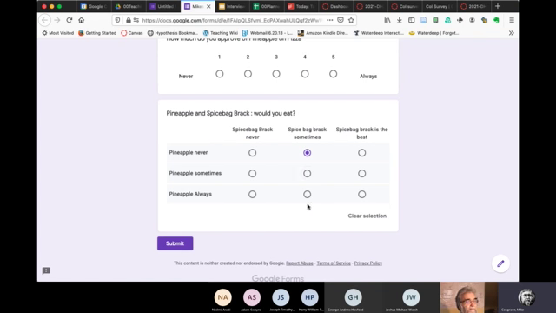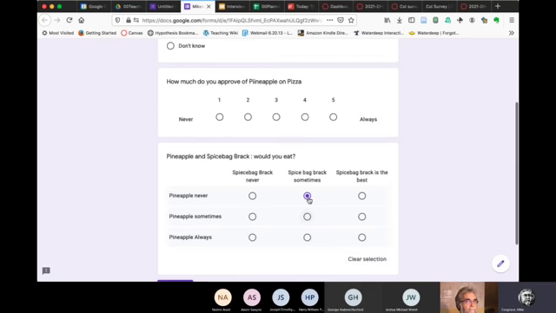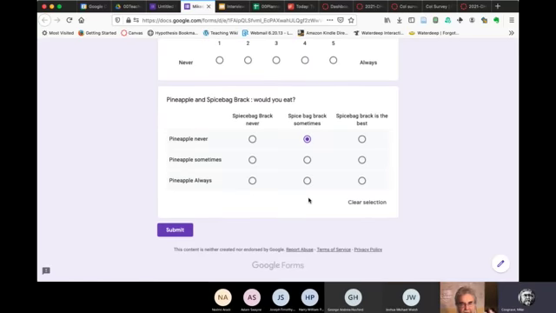Okay, it's not exactly as precise as I want, which means I would have to go back and change that question, or I would have to make 2 questions out of it. And there is a point where I would then make it into 2 questions like this. Would you approve of pineapple on pizza? Would you ever eat a brack made with spice bag instead of regular seasoning? And then you can cross tab the 2 of those to get a table. And you could obviously have a demographic question at the beginning about age, gender identity.